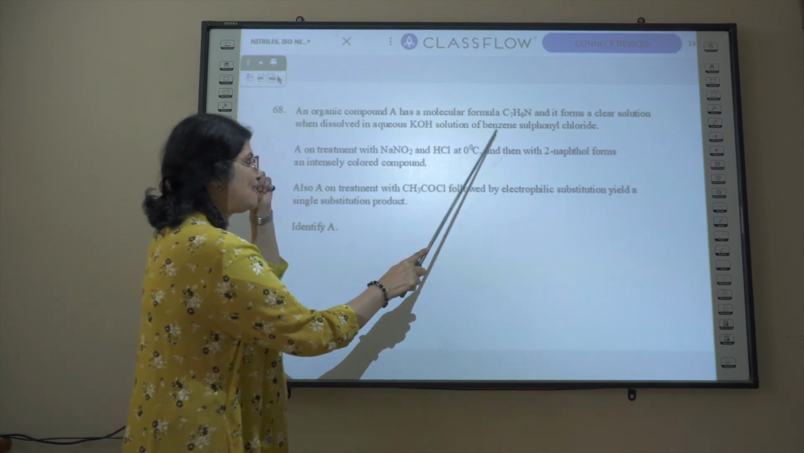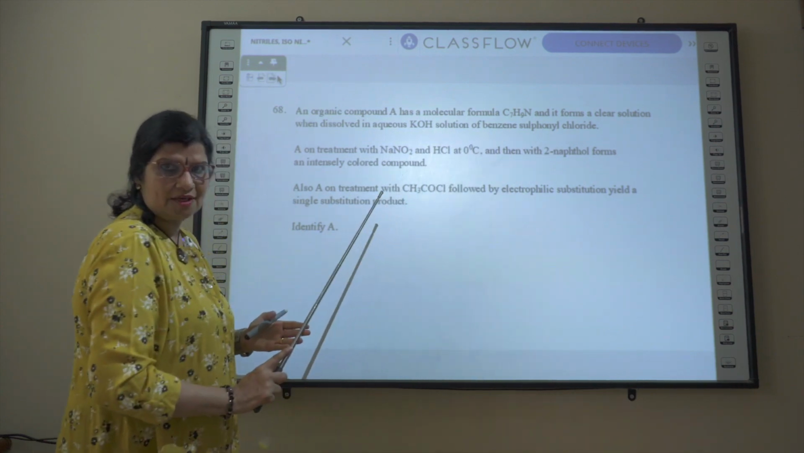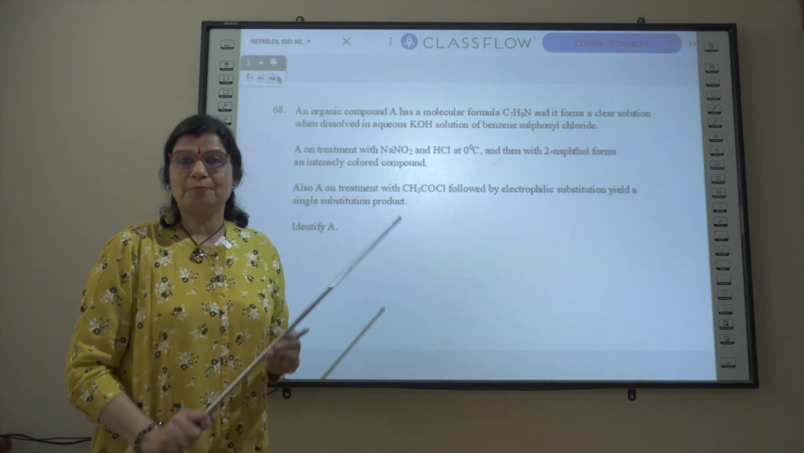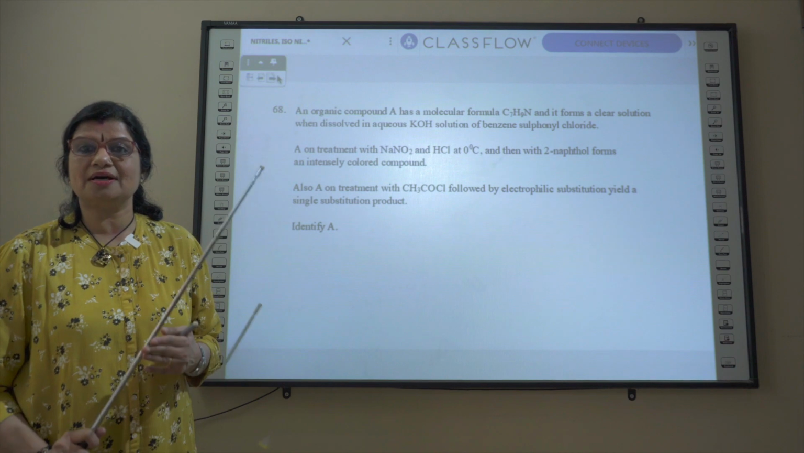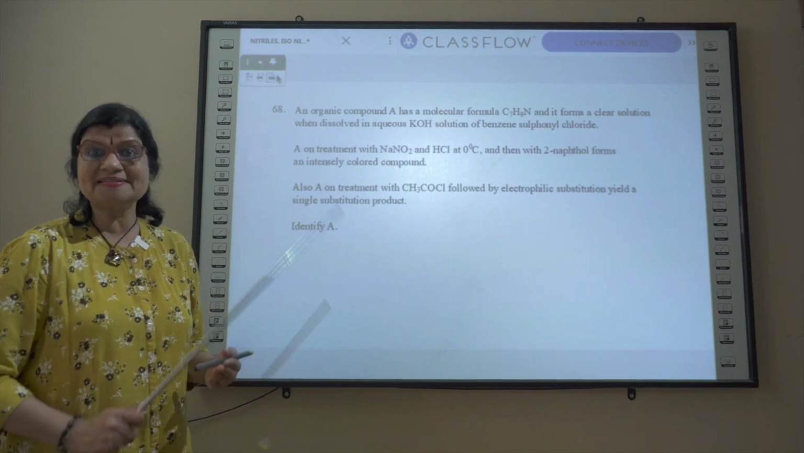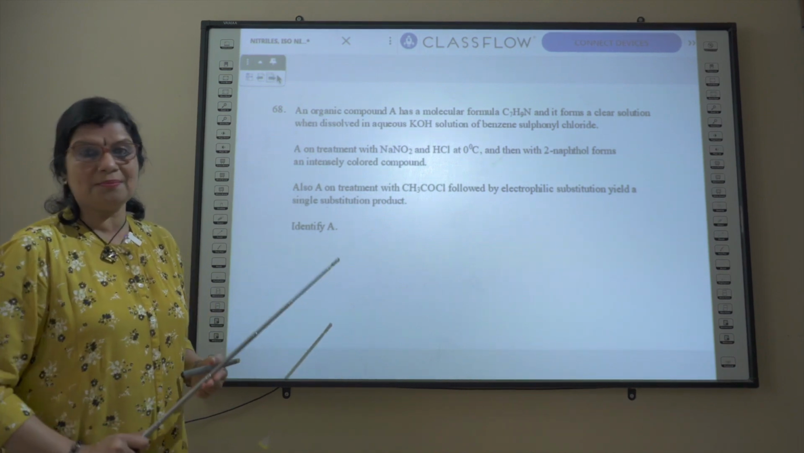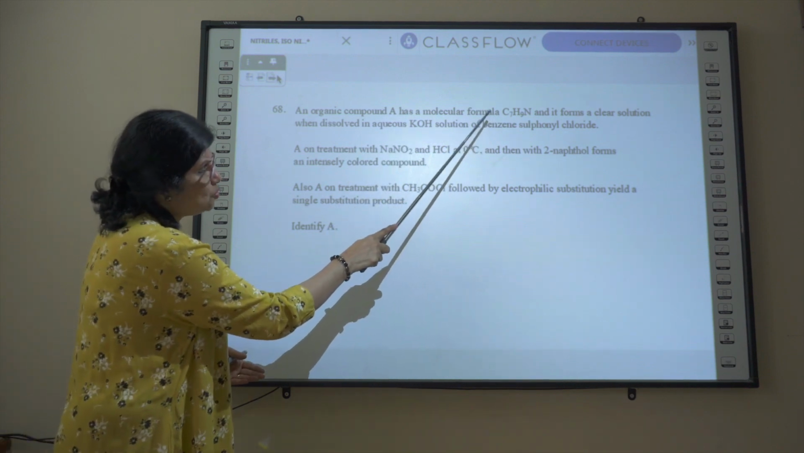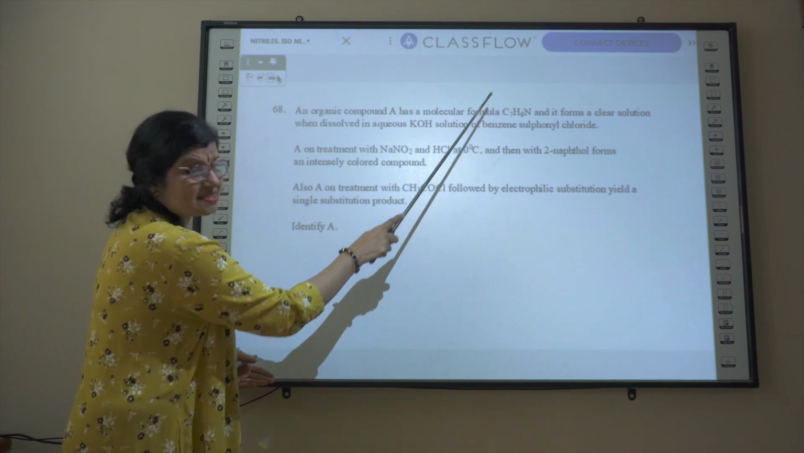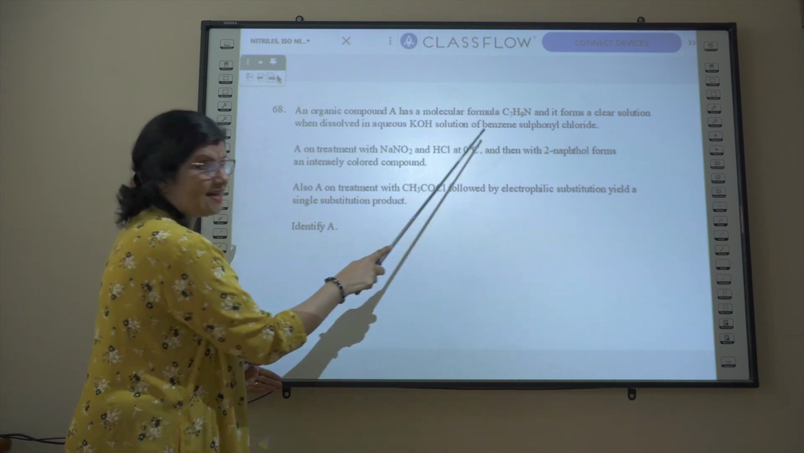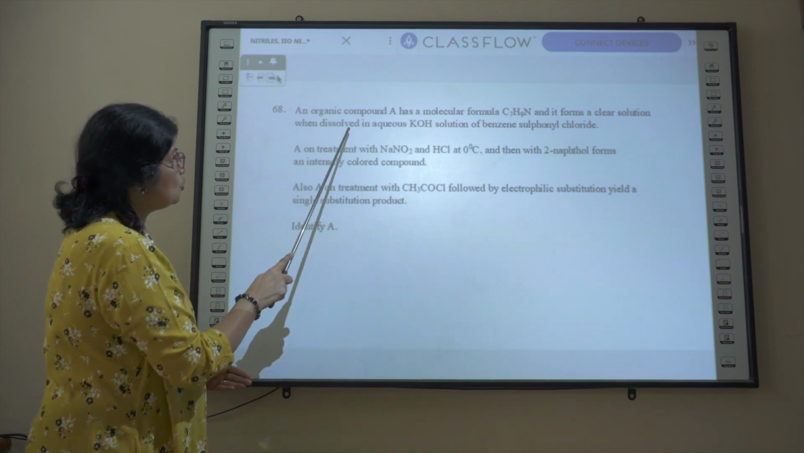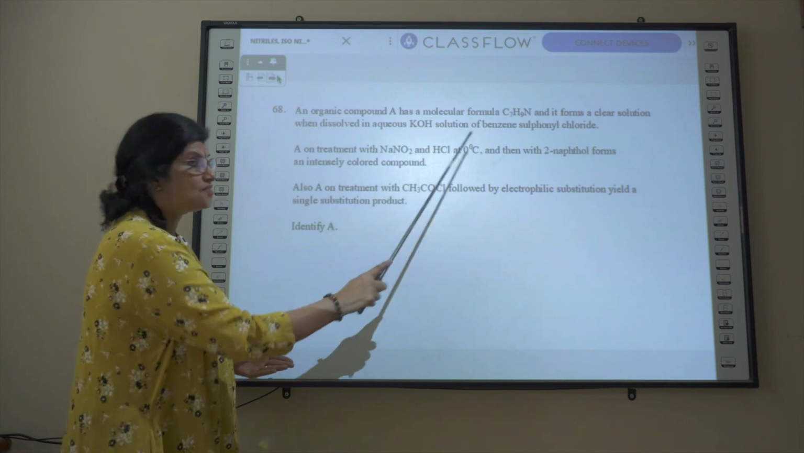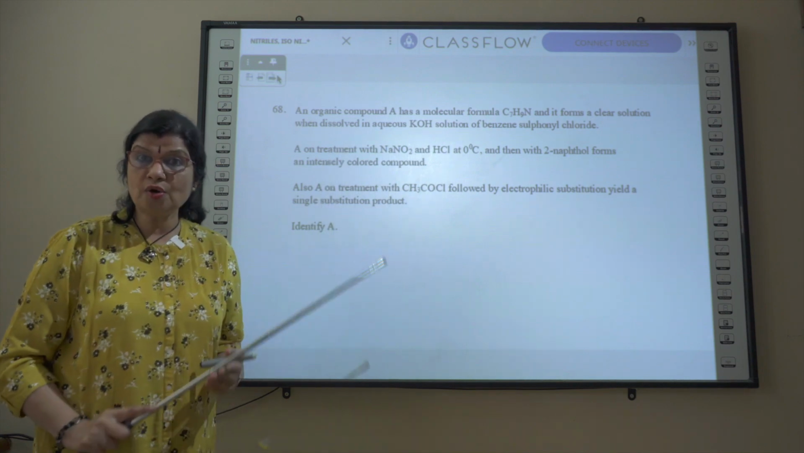The moment you see benzene sulfonyl chloride, you should think about the Hinsberg's test used to distinguish between primary, secondary and tertiary amines. The indication whether it is a primary, secondary or tertiary amine is given by this information. Once the product you get when you react this nitrogen compound with benzene sulfonyl chloride is found to dissolve in aqueous potassium hydroxide solution, now this observation holds good only when the